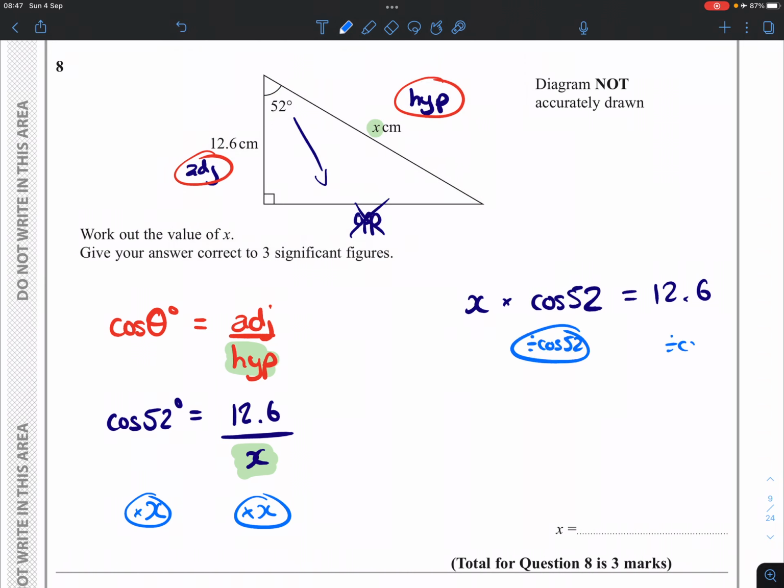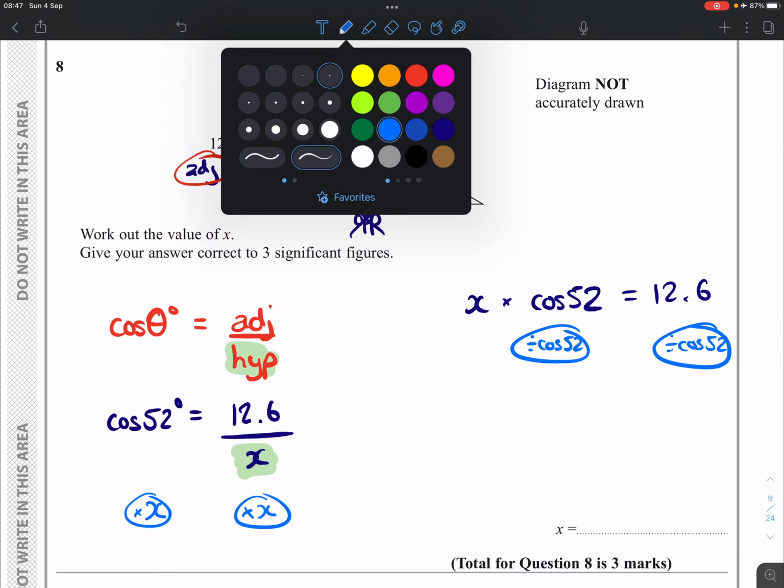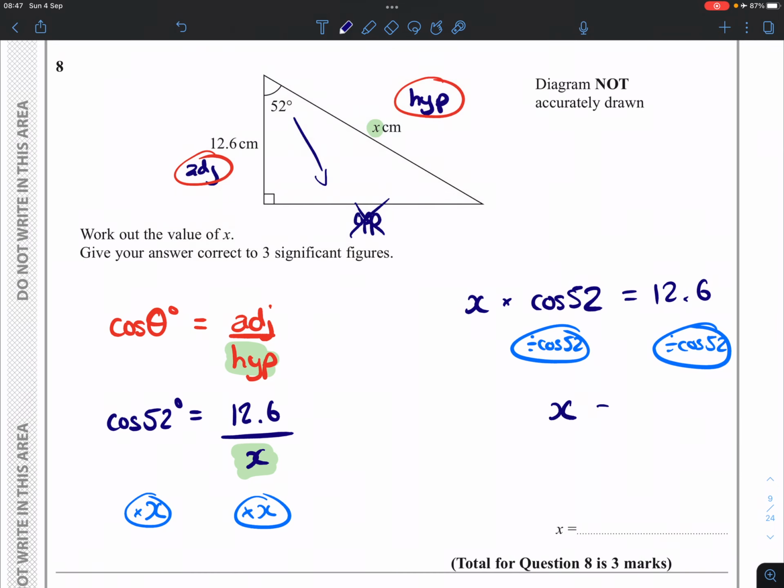If you want to type cos of 52 into your calculator before now, that's totally fine. If you wanted to have done that there, you'd end up with 0.6156 blah, blah, blah. You can write that out if you want. But you don't technically need to type it into your calculator yet, which is why I haven't. Because really, the only time that you actually have to type something into your calculator is now. When x is on its own, you'll have 12.6 divided by cos of 52. And that's what you're actually going to be typing into your calculator. If we do that, we'll end up with